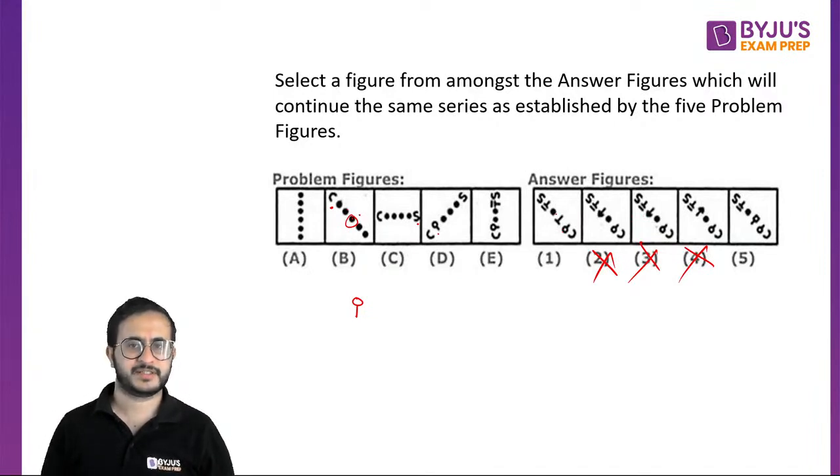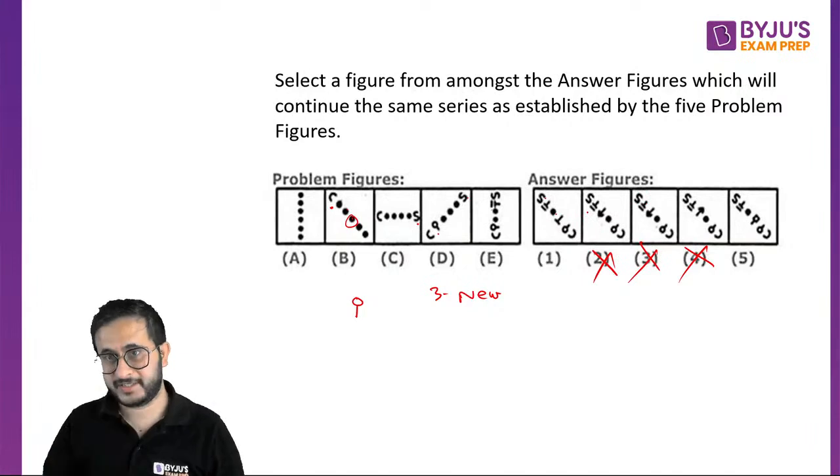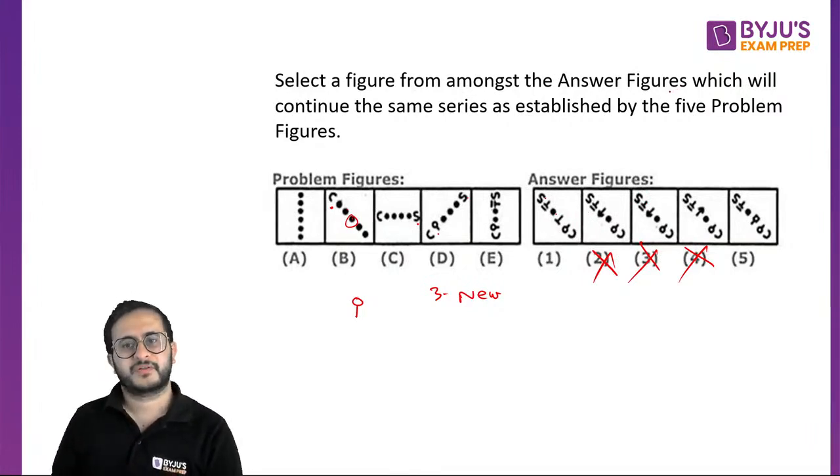Now the third is going to be something new, right? So whatever the third one is, that has to be a new element in the third position. The fourth element is a dot, then the fifth is the last one that came, this T. Okay, so that is fine in the fifth. And the sixth is S, that is present as S in both. Okay, so now it is interesting to find out which will be the